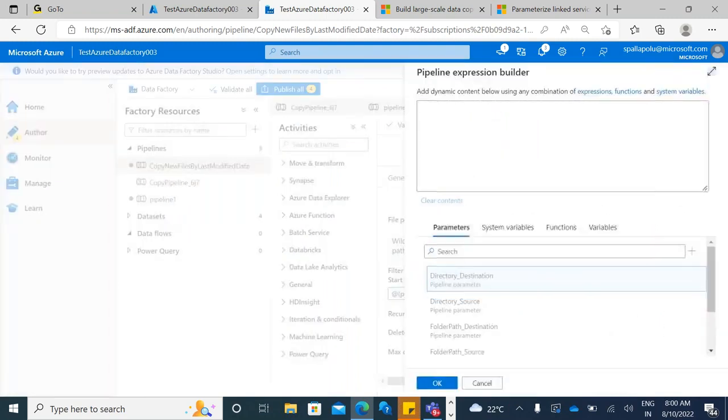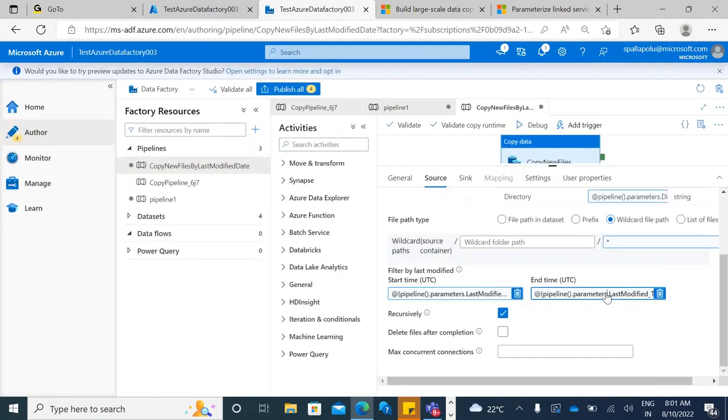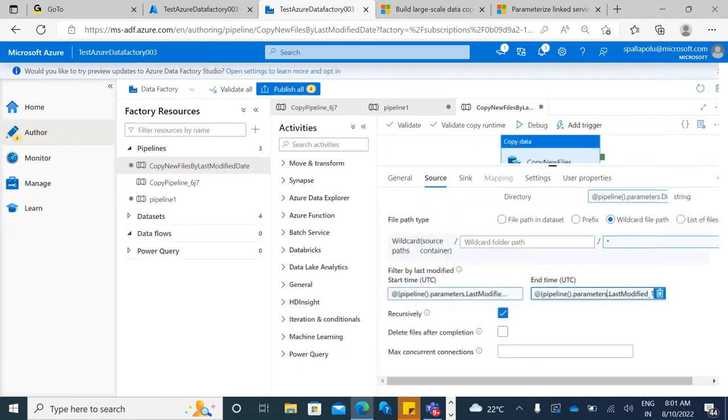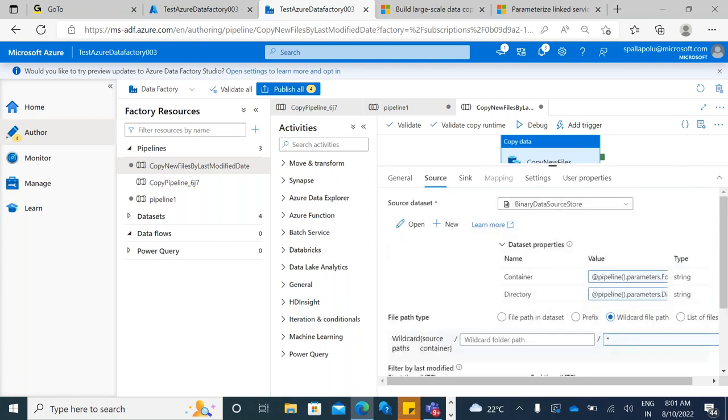So this is last modified, guys, last modified from, and I can pass here pipeline.parameters.lastModifiedFrom, and last modified to. Okay, so last modified from and last modified to. I'll get this max concurrent connections, and